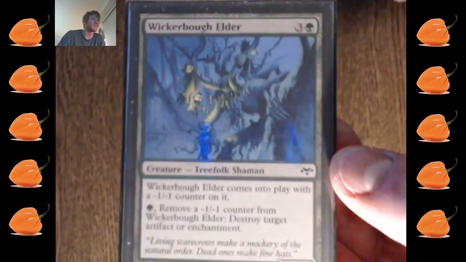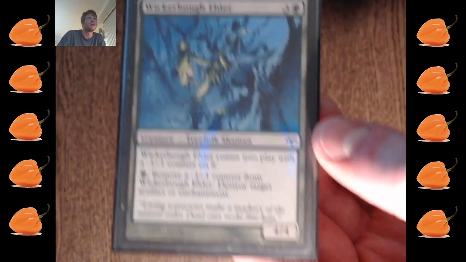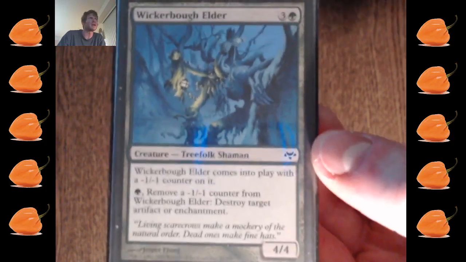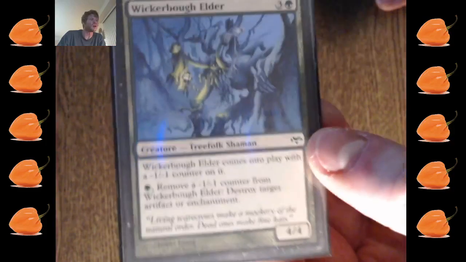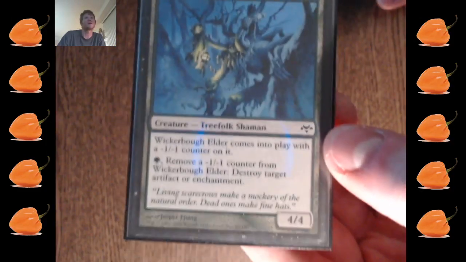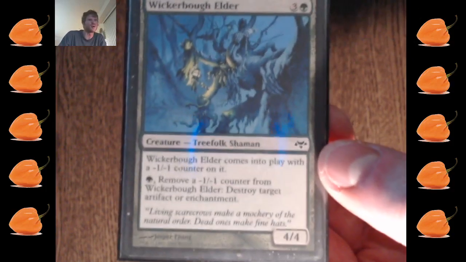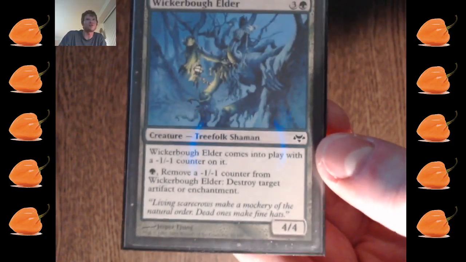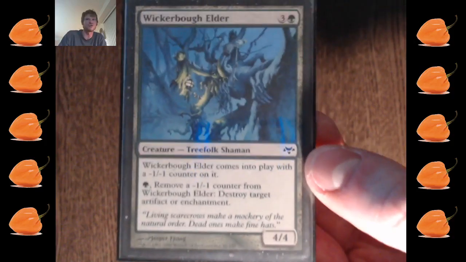The enchantments and artifacts in this cube, I can't say it enough. The enchantments and artifacts in this cube are so scary and strong. You need to have removal for them. And this card is a fantastic form of green removal for enchantments and artifacts. It destroys the Abyss. It destroys Nether Void. It can destroy Propaganda. It can destroy Curse of Exhaustion. It can destroy